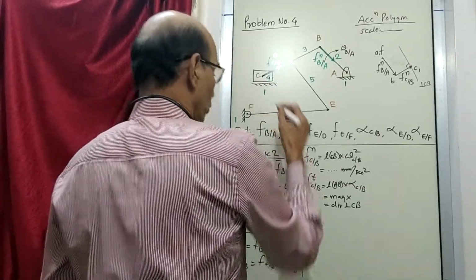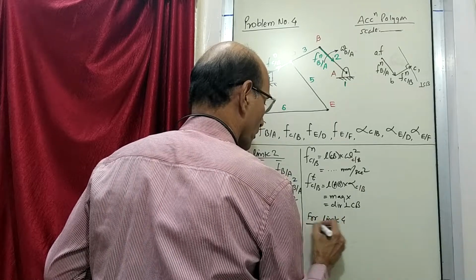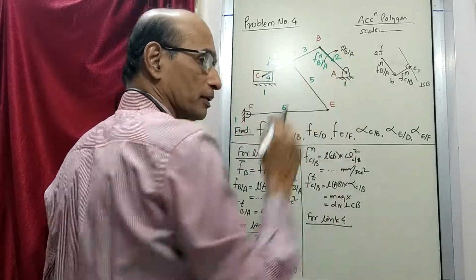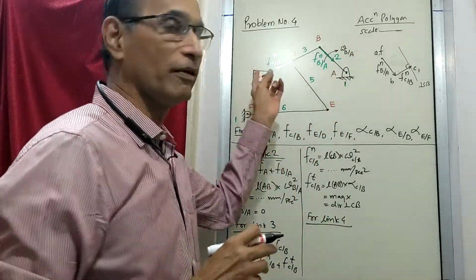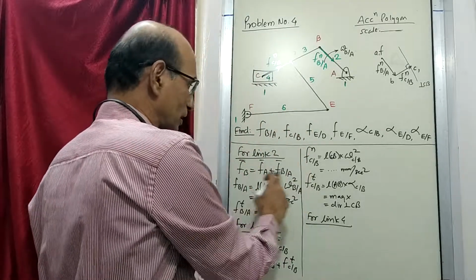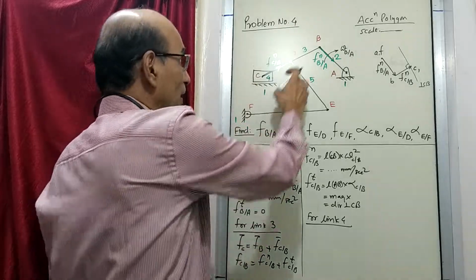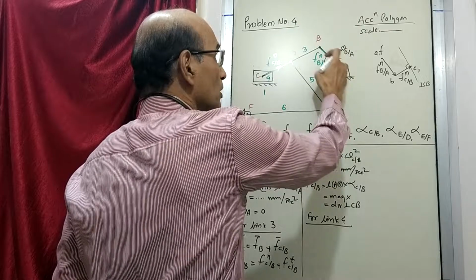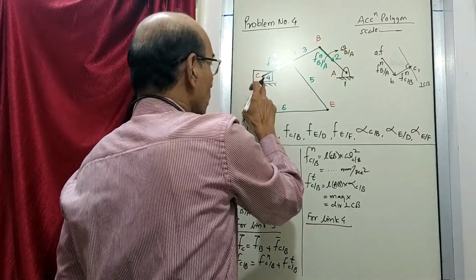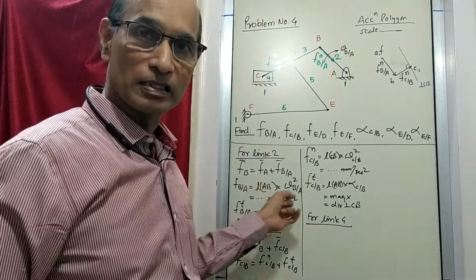Now go to link 4. Now for link 4, all the points on the link 4, they are performing linear motion. So it will have only Ft, it will not have normal component. So we will not be able to write this kind of equation because all the points, they are having same acceleration, unlike this link where acceleration of A is 0, acceleration of B is something else. That will not happen even if you take many points here on this slider, their acceleration will remain same. Therefore, we will not be able to write this kind of equation.